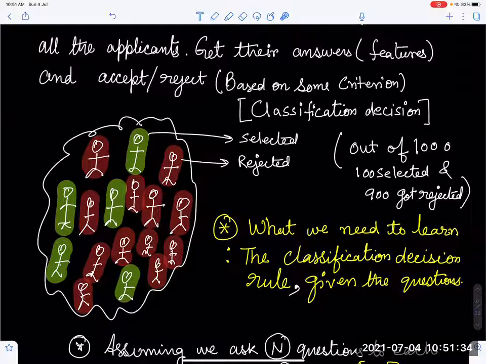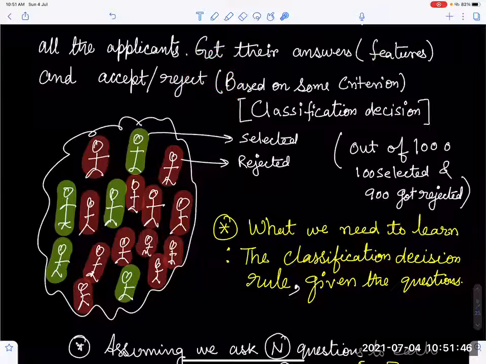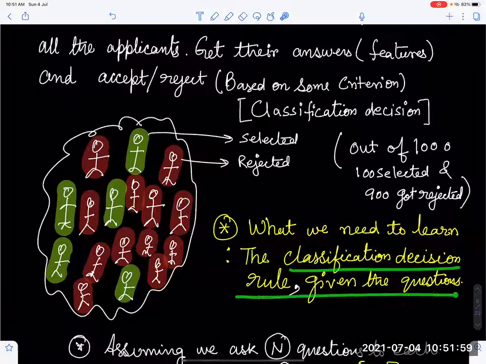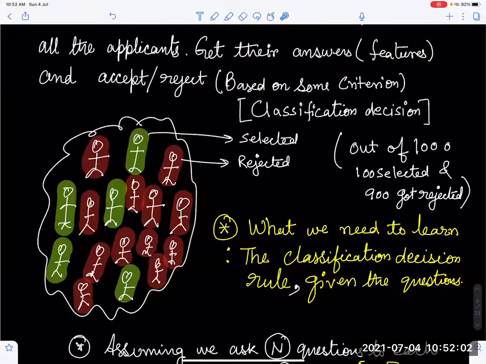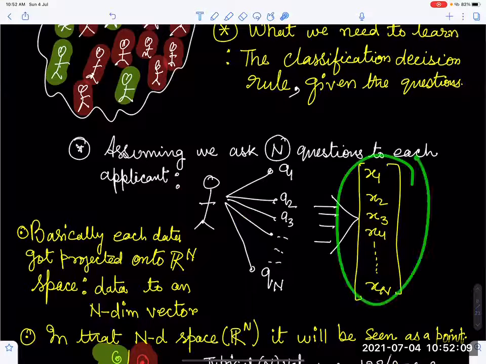Can we learn what this guy, like Aditya Nigam, was actually looking for, task A or maybe task B? I will ask two sets of questions, and from the outputs you have given for these questions, you can somehow decide what Aditya Nigam was actually looking for. Can you come up with the classification rule that I was trying to apply? So given this guy, I ask all the questions, and these are all the answers.